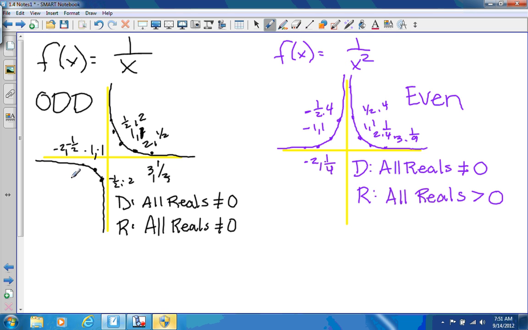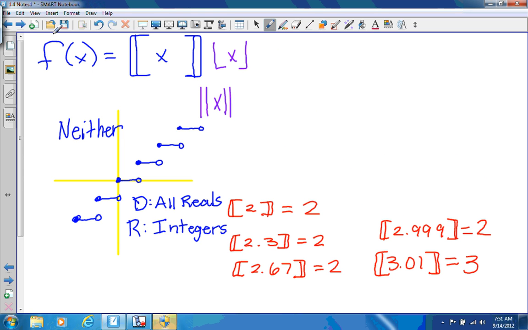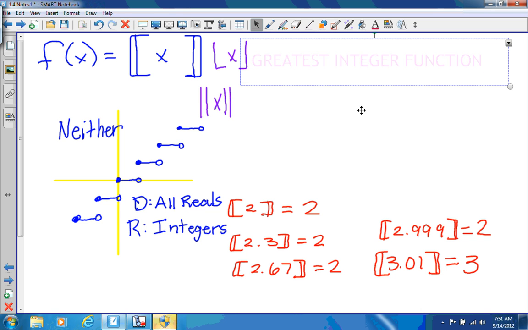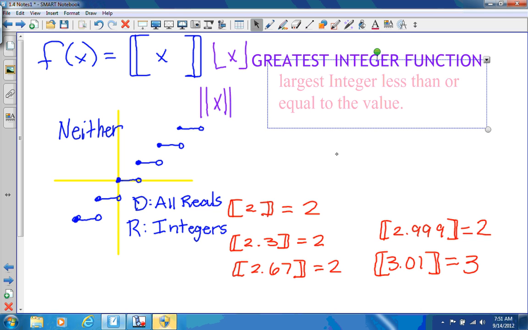Something 1 over x goes in the first and fourth quadrant, although if it's different with something added to it, it is not necessarily that. But it does have this shape. 1 over x squared looks like that. And our greatest integer function looks like steps. Now on your calculator, when you do graph the greatest integer function,